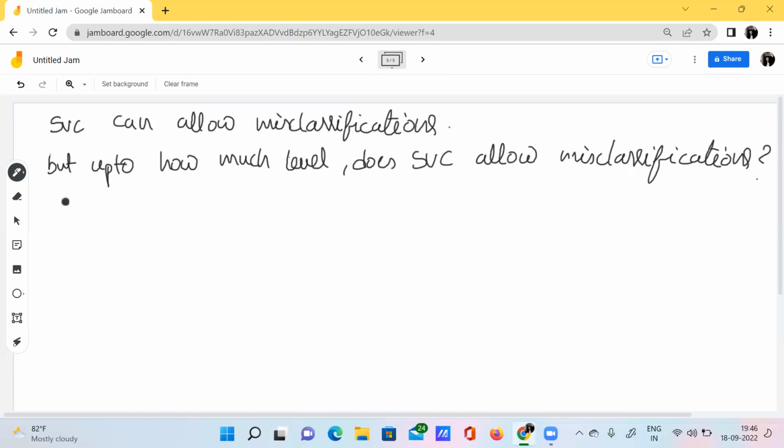This is determined by the tuning parameter C.